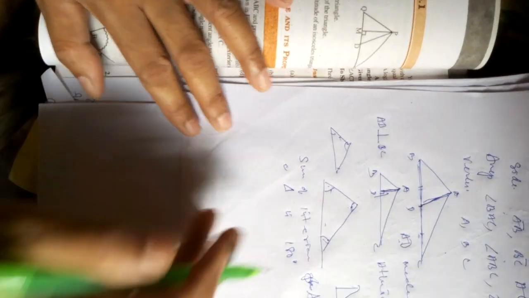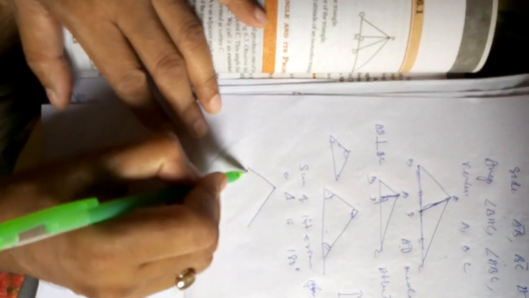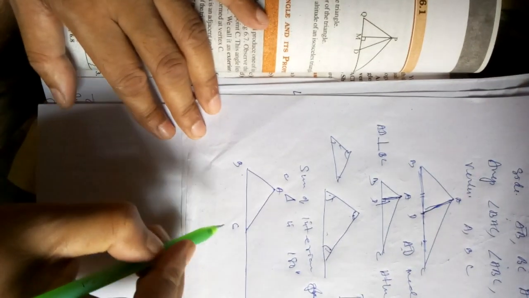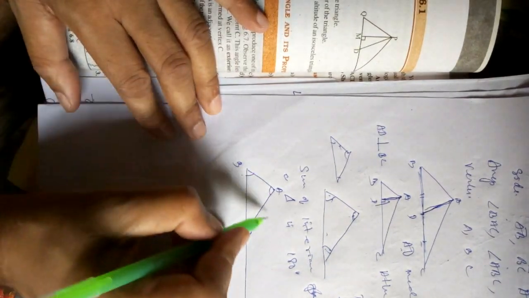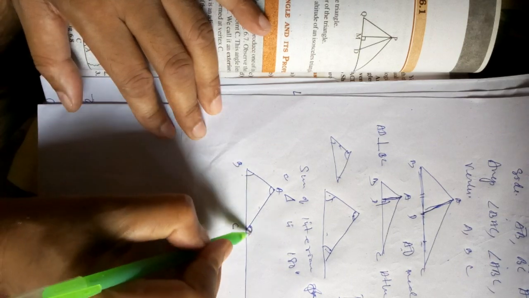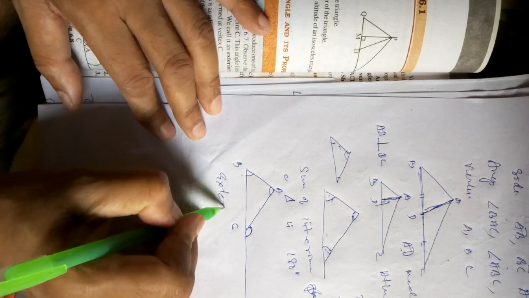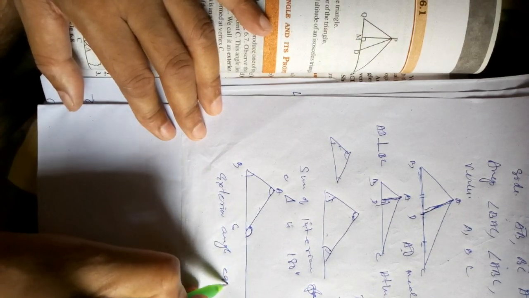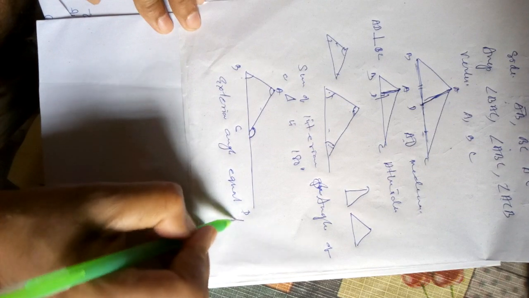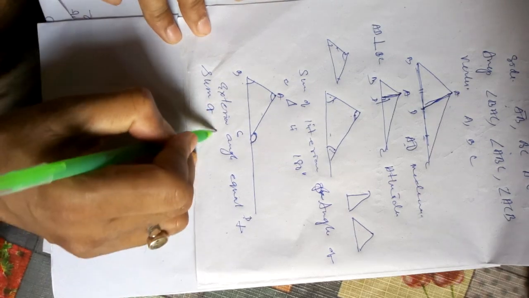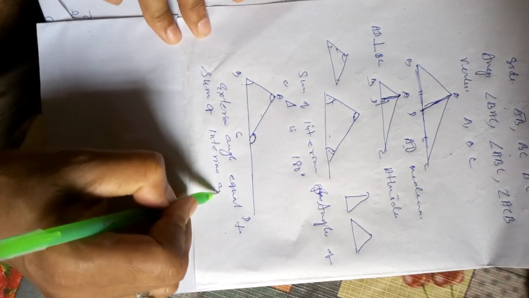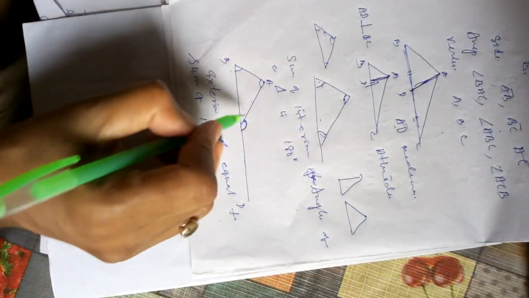One thing more. In any triangle ABC, if you extend BC up to D, this is called the exterior angle, and these are the interior angles. So what is the condition? The exterior angle is equal to the sum of the interior opposite angles. It is given in the book. From these formulas you have to do the math in this exercise.